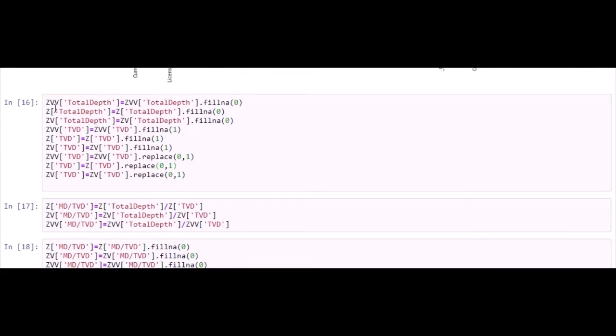So these were the features with a large, high correlation with the target, and also